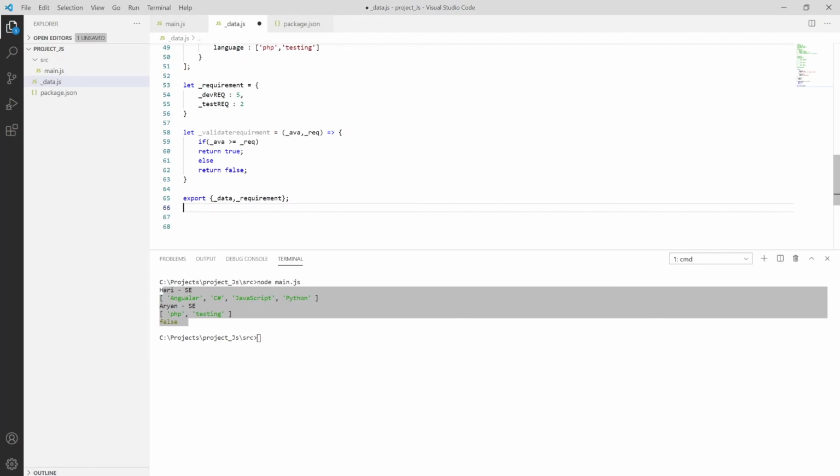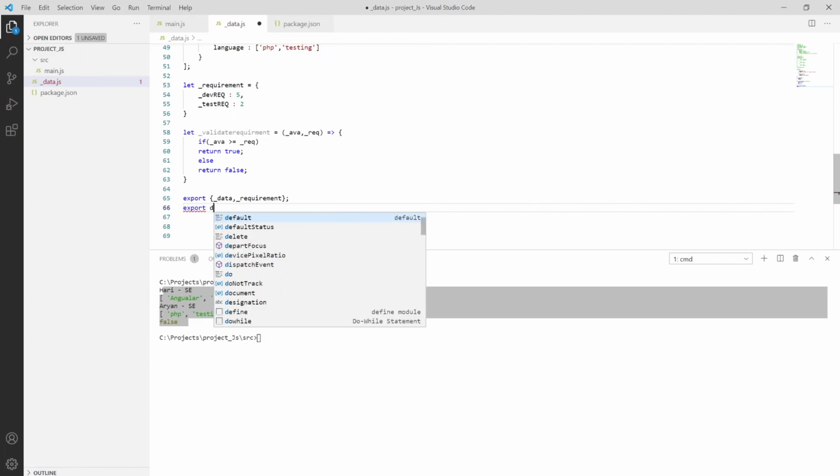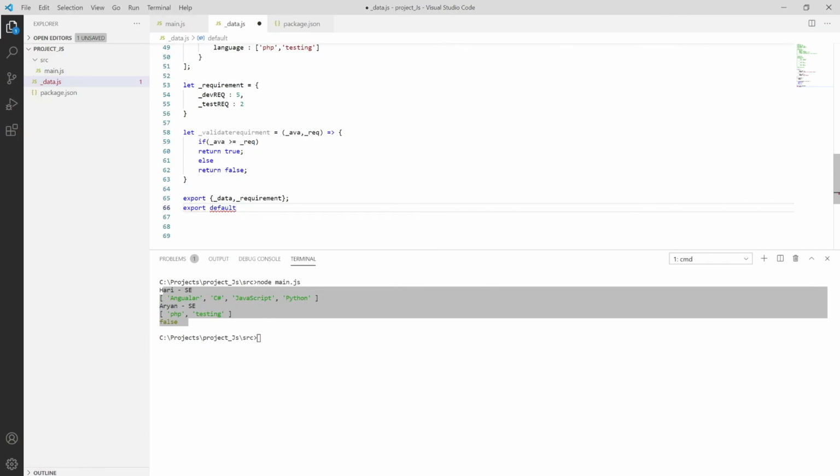Say one is required and I don't want to change this state, and say we are developing an application where the modules are already exported and we want to export one module. That's how it can be done using export. Say we have default and then the name, the name is _validate.